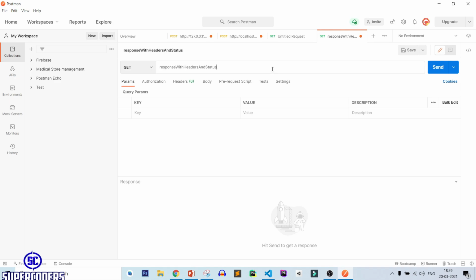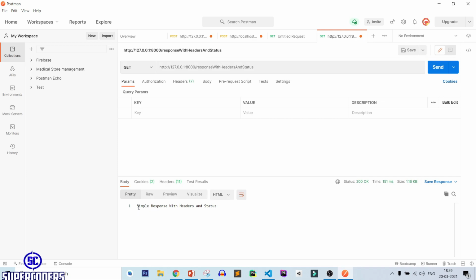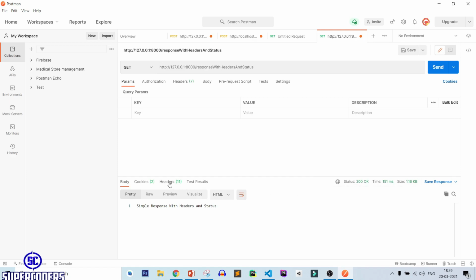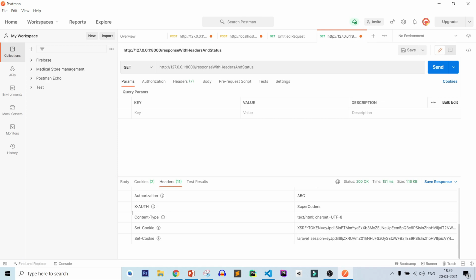Copy the URL, paste it, click on send, and you can see it is showing simple response with header and status. If you check the status, it is showing 200, which we are passing. After that, if you see headers, you can check X-Auth supercoders and Authorization ABC. So in that way you can pass status code and headers in your response in Laravel.